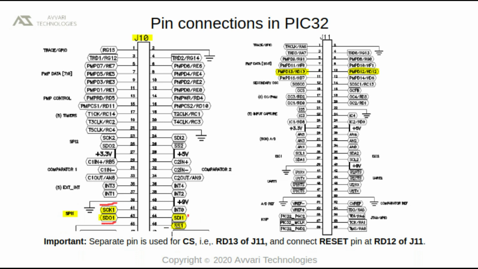We are not using the dedicated pin that is given for the SPI. Instead we will use RD13, that is at the 9th pin of J11. This is used for slave select, and RD12 at the 10th position of J11 is used for the reset pin. Reset pin is present in the